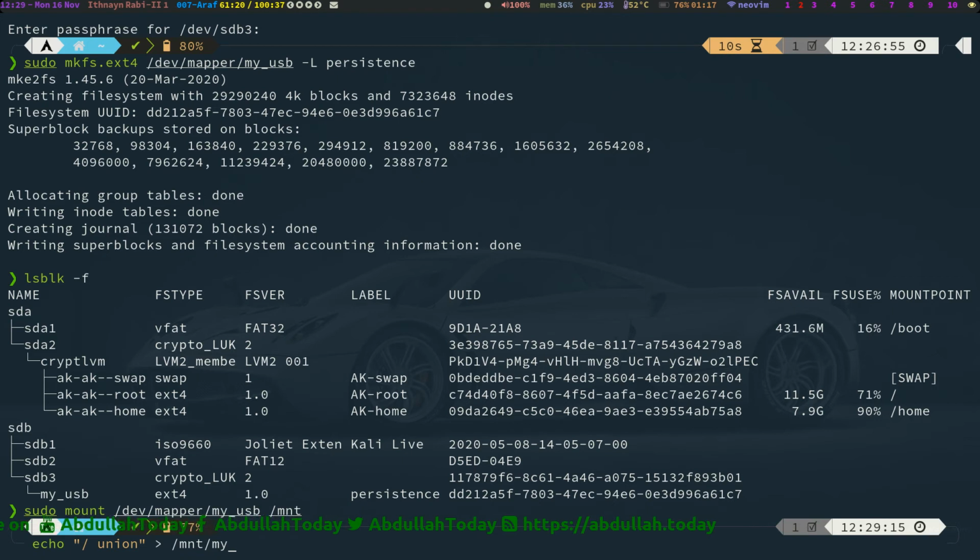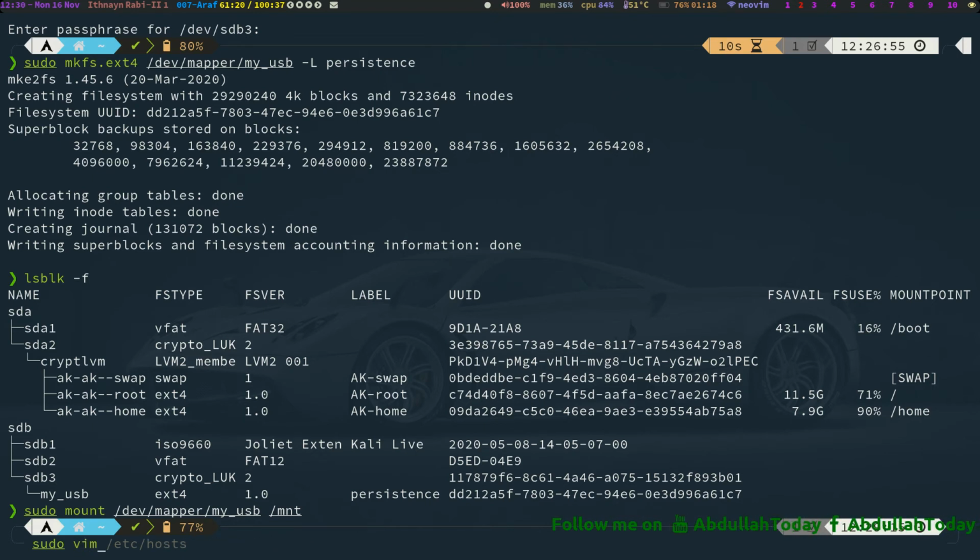No, I don't have the sudo permission, as I am using an unprivileged user. So do it with sudo. If you are doing all these things as root, you don't need sudo. But if you are using your normal user, use sudo.